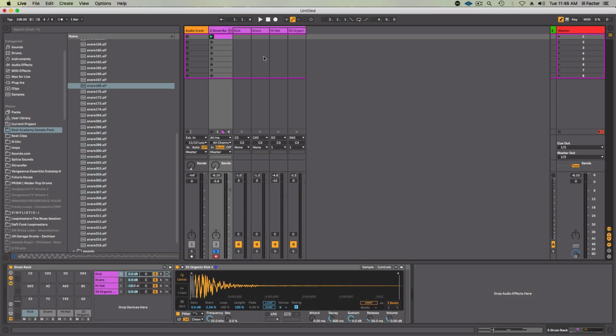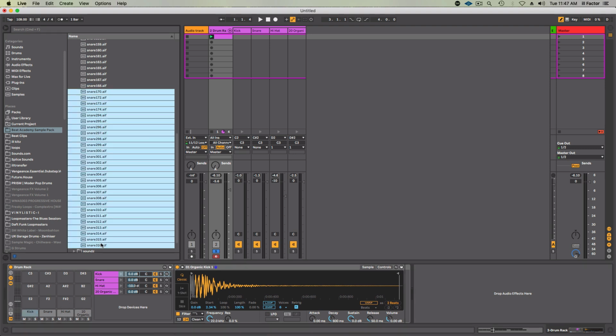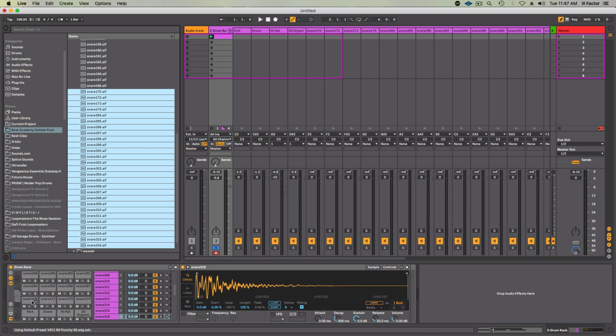Now, since we're on the topic of layering and adding more samples, it could very well be overwhelming wanting to change one parameter and then having to go through all the other samples to change them as well. So for instance, right now we only have the kick, snare, hi-hat, and open hi-hat. But let's say you start to drag and drop all these different samples here. We just click, add them into this, and you can see it's going to fill up all these cells. So as soon as I let them in there, we've got all of these samples now loaded into this